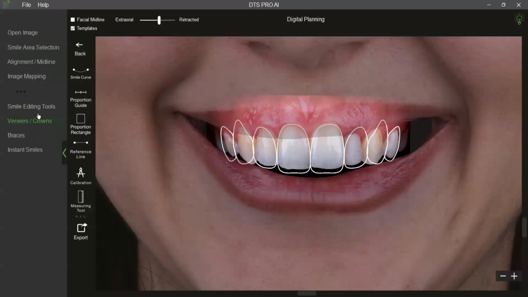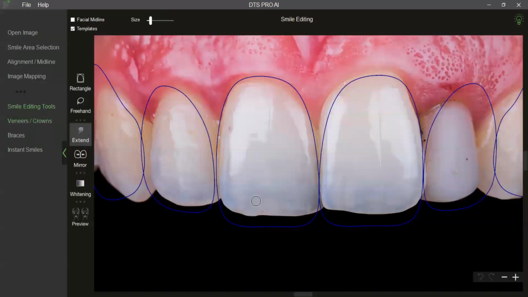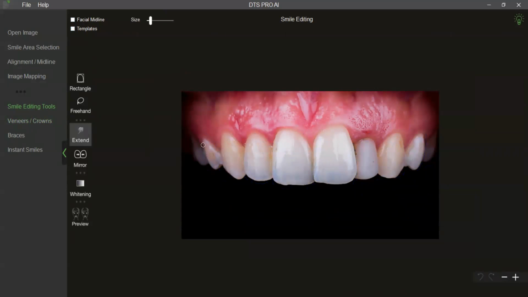So anything that has been planned, for example, in DTS 2D, say for example, using the extend tool, if I have planned my new position of gingiva, shown it to the patient on the photograph, this same new position can be used to print the 3D gingival guide. So that can be exactly used for getting new gingival outline. So that is where DTS 3D is headed to. And I hope first quarter next year should be available for use. So just a little update on the same.